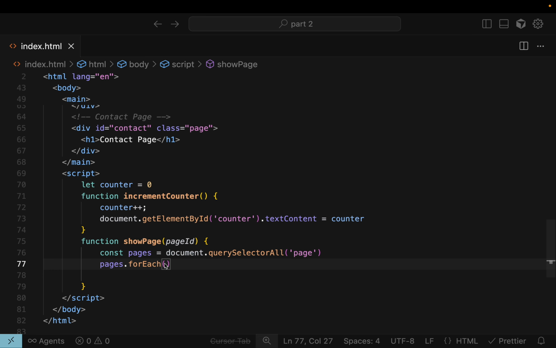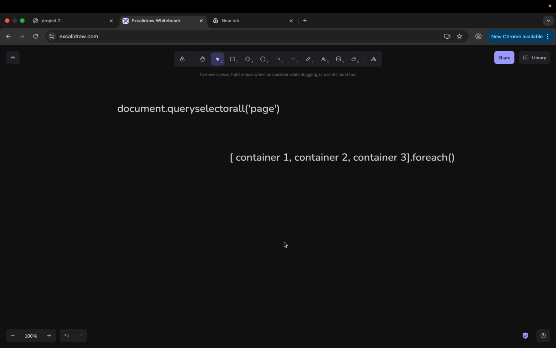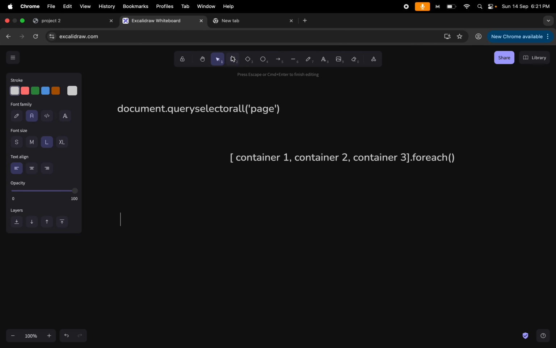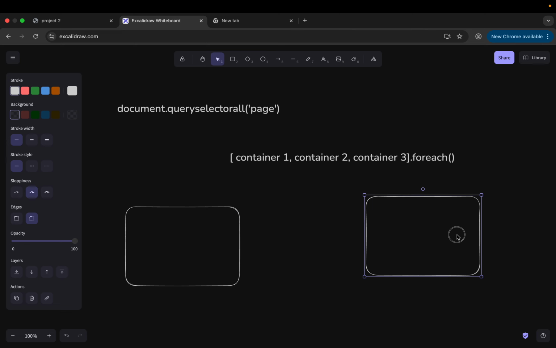So since we know that we will be getting access to the individual element in this pages, and we know that functions, they've got like two. If I go ahead and try to explain it over here, here we have,